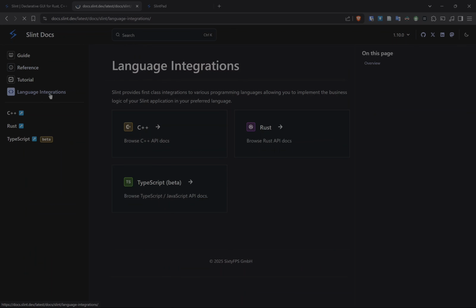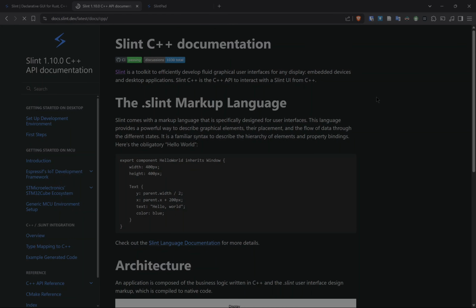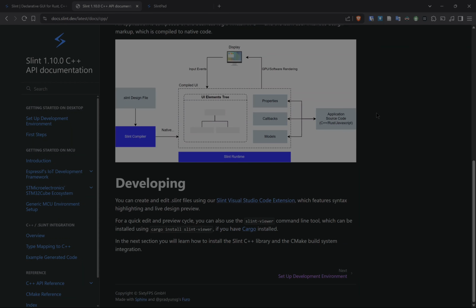On the language integrations, maybe in the near future we'll be looking at C++ of interest. That's what I've been using mostly, and it will be really interesting seeing how to integrate. And as I said earlier, you can see even interaction with things like ESP boards. But if you have a board that's not currently supported, you can see how to integrate it. Lastly, I know this is the first time I'm saying so. Lastly, Slint